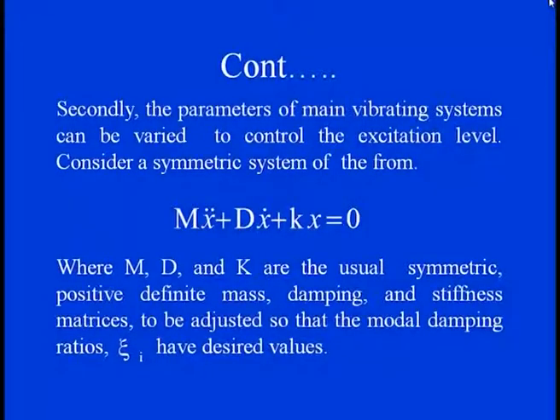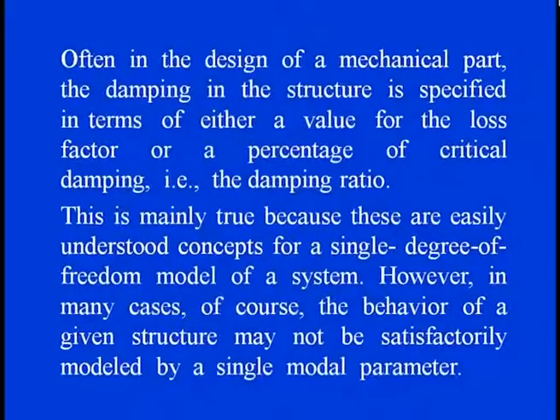Now we can use the same equations that we use for simple mass, damper and elastic systems. So we have m x double dot plus d x dot plus k x equals 0, where the damping, stiffness and mass matrices are present, and we can get the modal damping ratios using what damping is available and what critical damping is required. When we say elasticity is there, we need to understand whether we are talking about a single degree of freedom system, a continuous system, or a multi degree of freedom system,